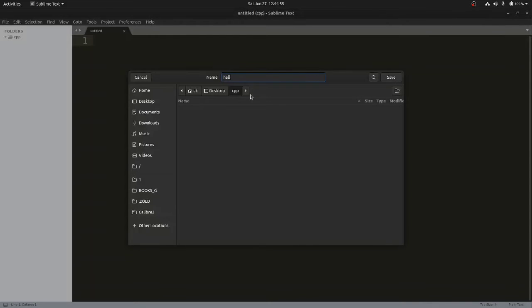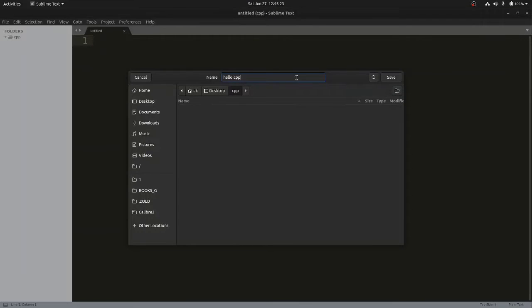You need to provide the file name first, and then you must provide the extension. By this extension, the compiler will understand that it is a C++ program. Just like for different files you have different extensions, like for PDF you have the .pdf extension, and for your Word document files you have the .doc extension. So the extension gives a hint to the particular software about what kind of file it is.